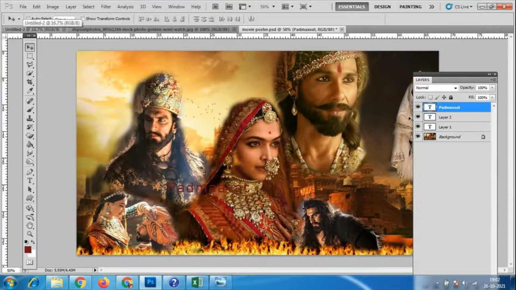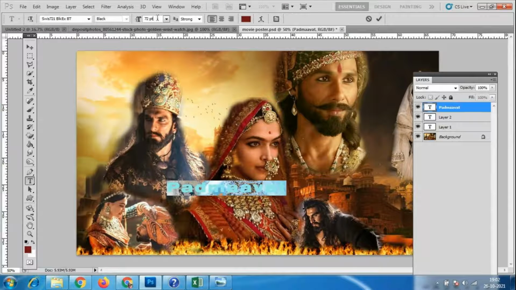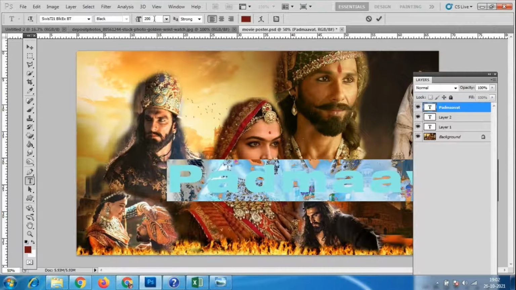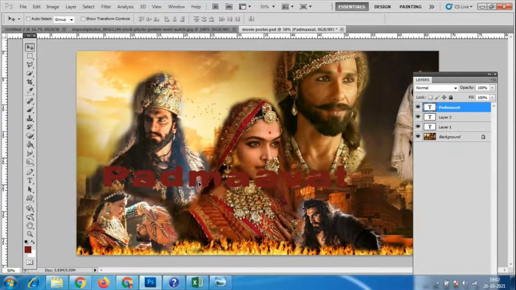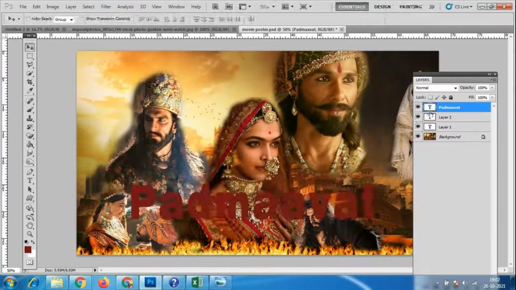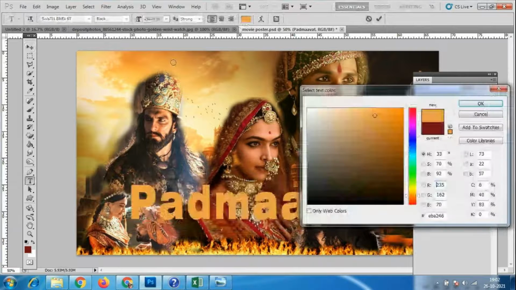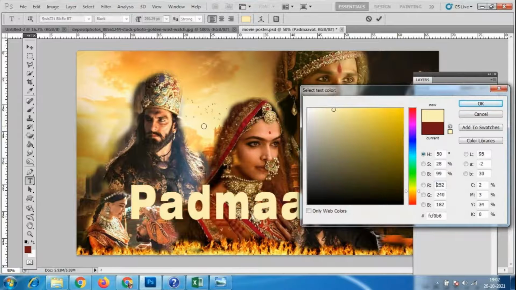So now I will change the text pattern, and I'll just increase the size. I'll give 200, which is so much. 150 I will give, and Control T. Okay, I'll just change the color of the text. I'll give this golden color. See whatever colors I have in this. The color combination is very important. We cannot take a different color. So any of the colors which are available here, the skin color, we can take from here itself. Orange color or something, yellow color we can take.